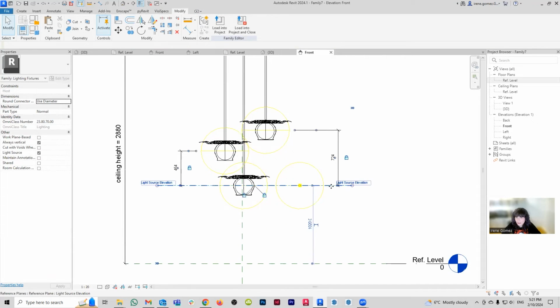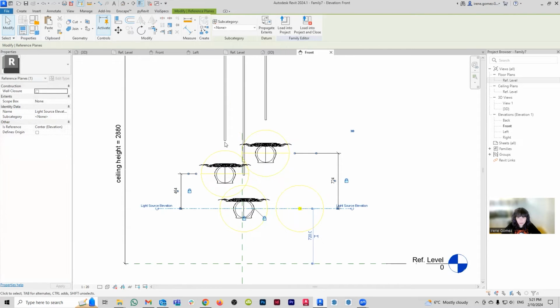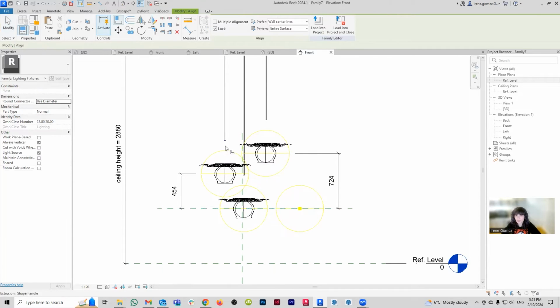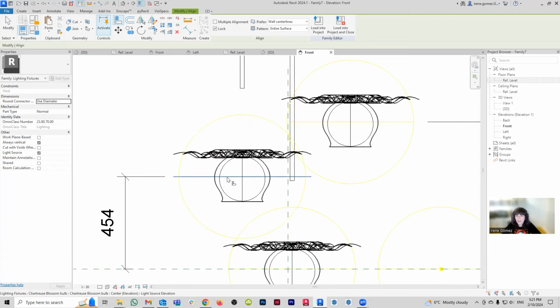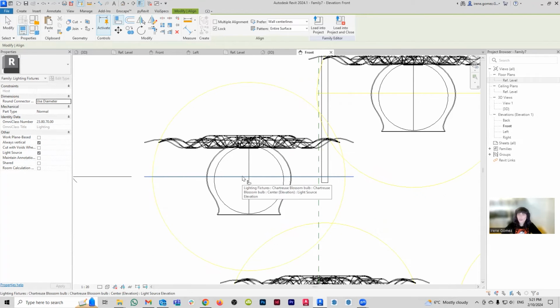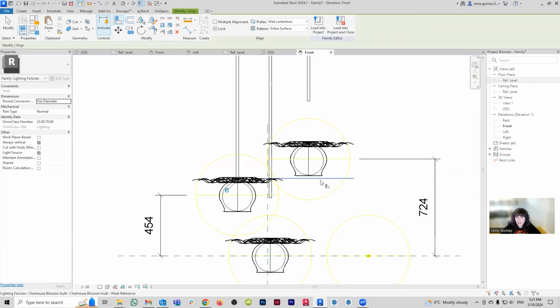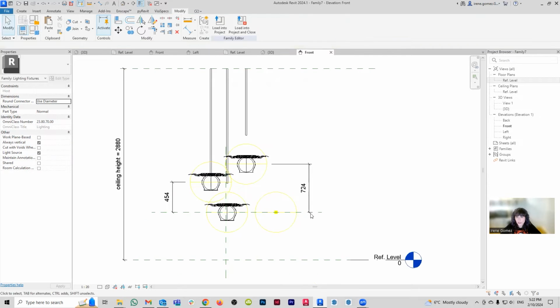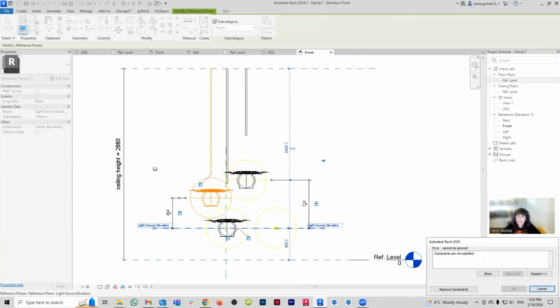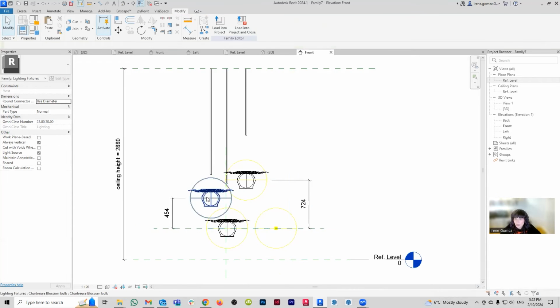Beautiful. But I still need to solve the rods because the rods are not aligned and locked to anything. The problem here is that if I align them to this line here, if you remember, that is your light source. So what's going to happen is that they are a solid geometry that will obscure your light source. So what I need to do is I need to find any other reference, there you go, that is geometry and is not a light source. So see, now that I put it to that, look what's going to happen. Because that geometry is already locked, when I move this guy, remove constraints, it's double constraining.